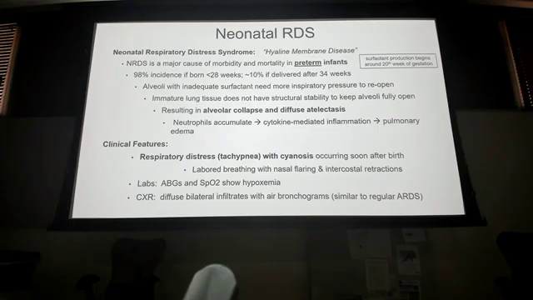So what's happening is their lungs are not developed. They don't have the structuring and they're not able to develop that surfactant to keep those alveoli open. Without those alveoli open, they keep getting atelectasis, and what's happening is neutrophils accumulate, right? They start causing inflammation, which is then causing that pulmonary edema. Those capillaries are dumping out fluid on these patients, right? So exactly what you would suspect, right?